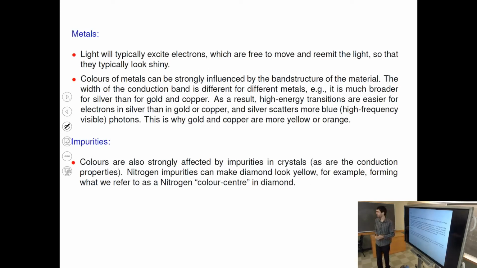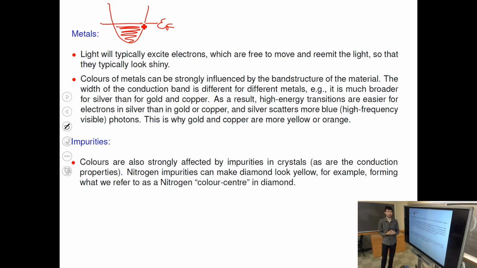Now, what about metals? I already mentioned to you briefly, metals have the Fermi energy in the middle of the band. And so there are states with very, very small energies available for electrons to be kicked up to. So all the states below the Fermi level are filled, all the states above are empty, but there are states going right to the Fermi edge that are available. This is in contrast with semiconductors or insulators where you have to cross the band gap. What this means is that a photon of any energy can be absorbed in a metal.